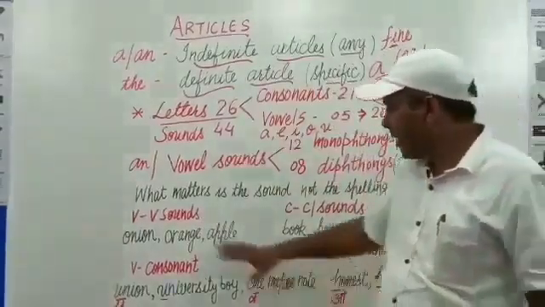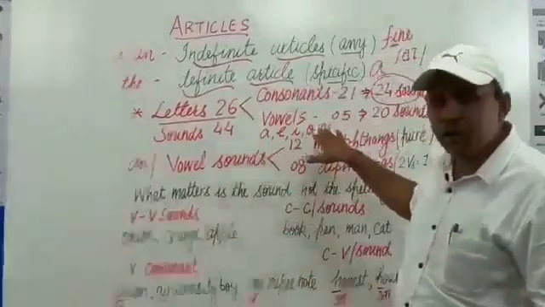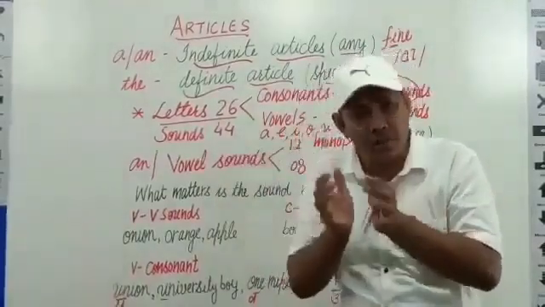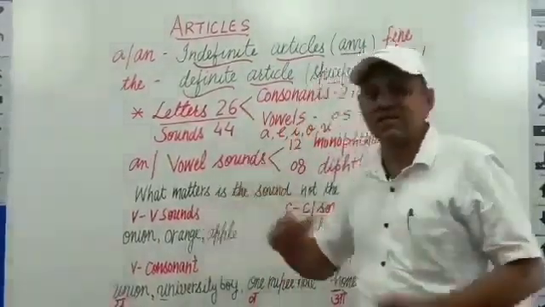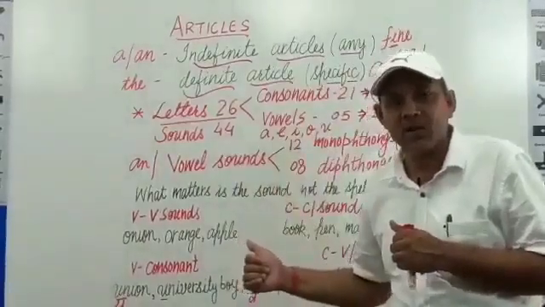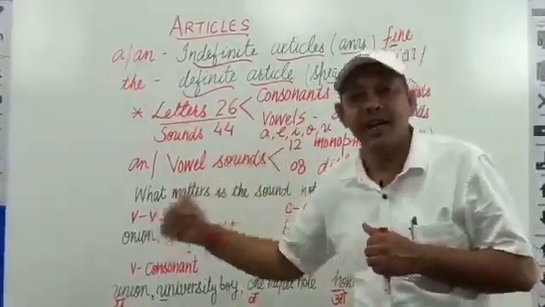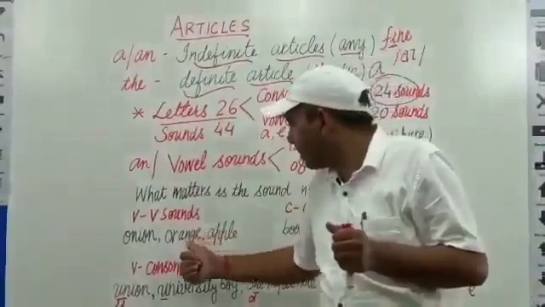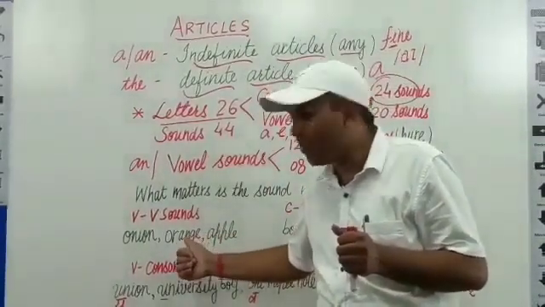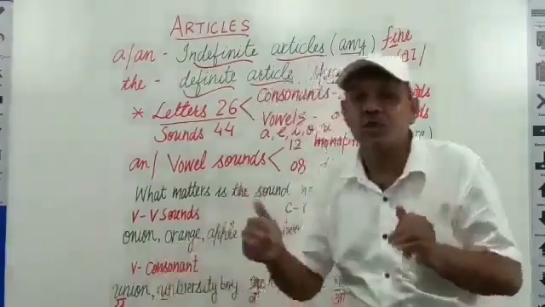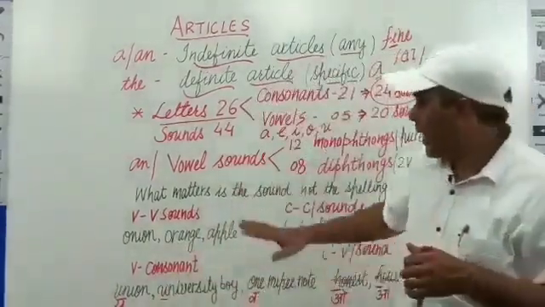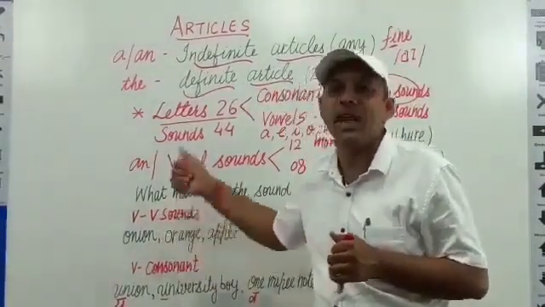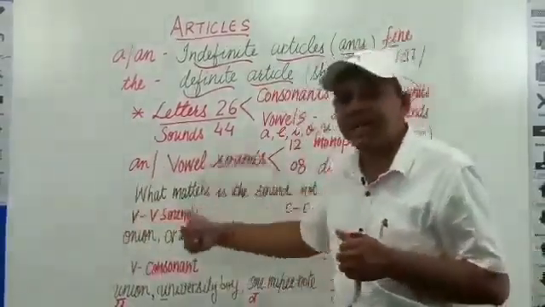Now, the case is, all the 5 vowels produce vowel sounds in most of the words. But in some words, they produce consonant sounds as well. And before consonant sounds, we use A, not AN. That's why you need not be confused by watching, by observing, or by having a vowel at the initial position of a word. Pronounce the word and identify the initial sound of the word, and then you will be able to use the correct